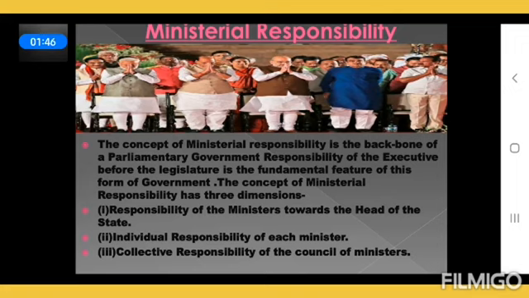And now number two, that is individual responsibility of each minister. That means each minister is individually responsible. So the cabinet ministers, I have already told you that the innermost one is your prime minister, and the next one is what is known as your cabinet, who hold important portfolios. Important departments have been given to those particular ministers, and together they formulate the policies of the state, right? So each minister is individually responsible for the activities of the department or ministry under his charge, such as defense minister, finance minister.